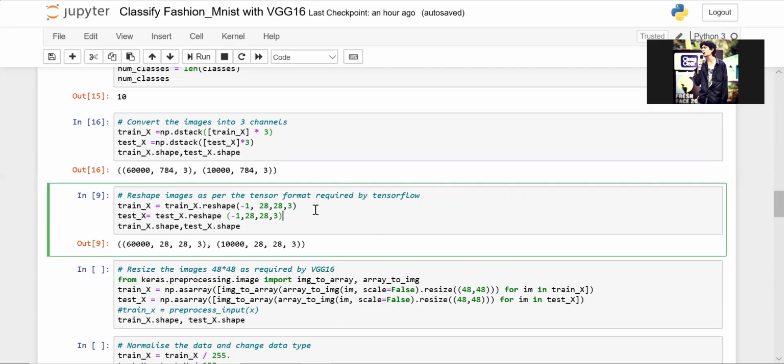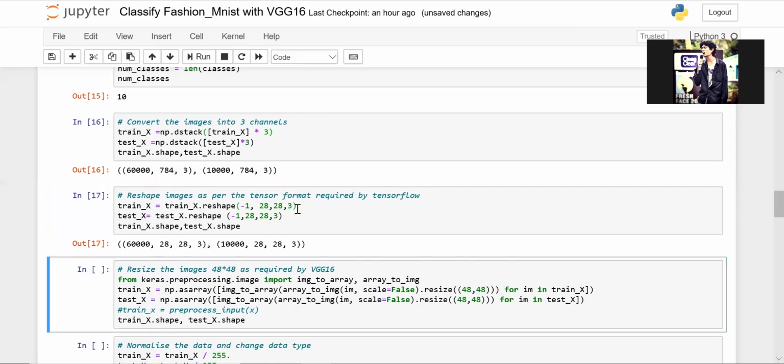Since the images we pass into neural network models are better kept in a square shape rather than any other shape, like a rectangle or triangle, it's a good practice to follow. So we'll first convert these images into squares of shape 28 by 28, and 3 indicates the 3-channel RGB color format. So we just do that and convert them.